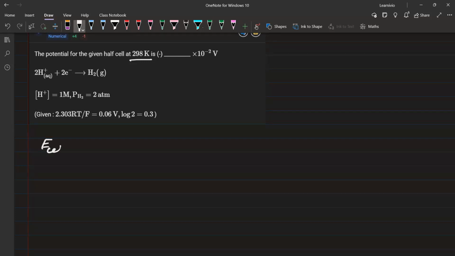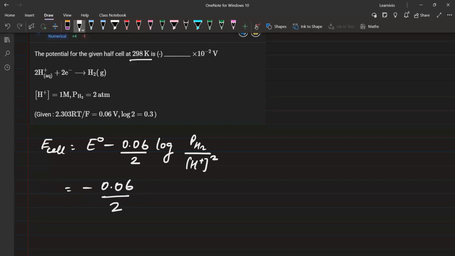So E cell will be equal to E naught minus 0.05. By the way, they have given this as 0.06. Divided by the number of electrons, which is 2. Log of, in the product what we have, pressure of H2 divided by the concentration of H plus squared. So this will be equal to E naught is 0 minus